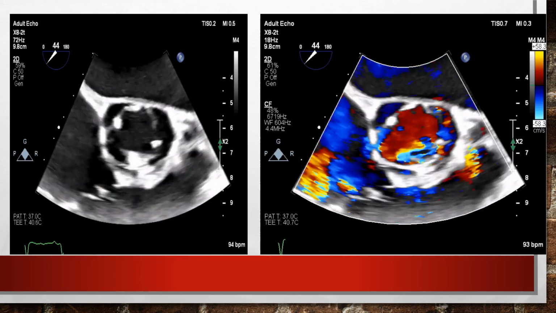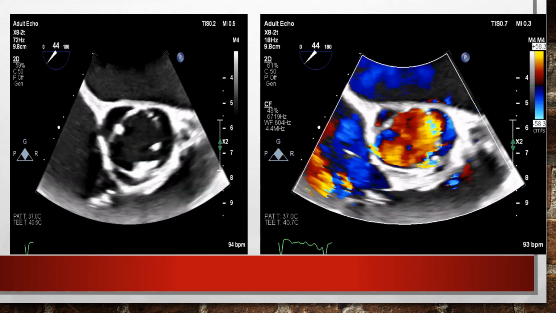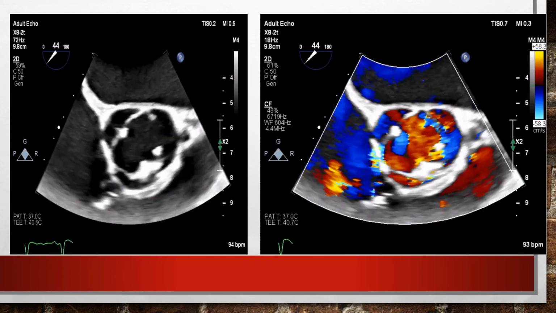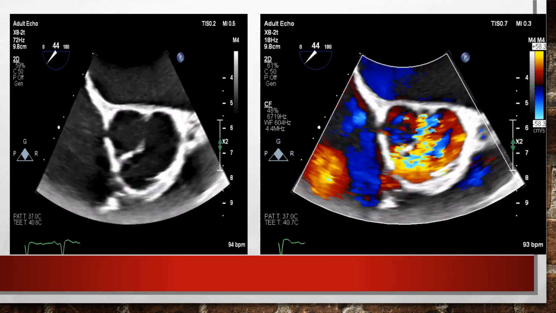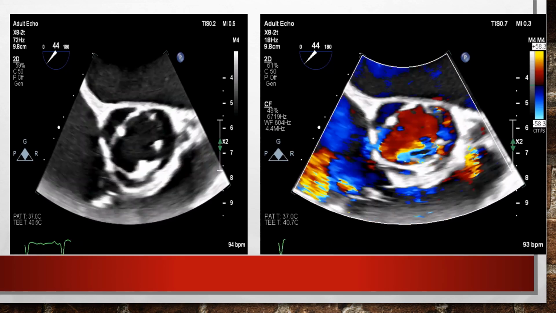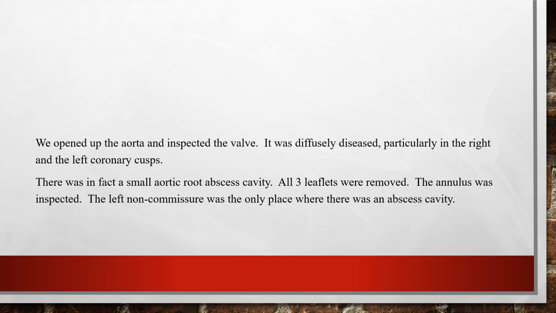Also here you can see that's a clear aortic regurgitation. Also, no thickening of the aortic root. So the patient went for surgery,